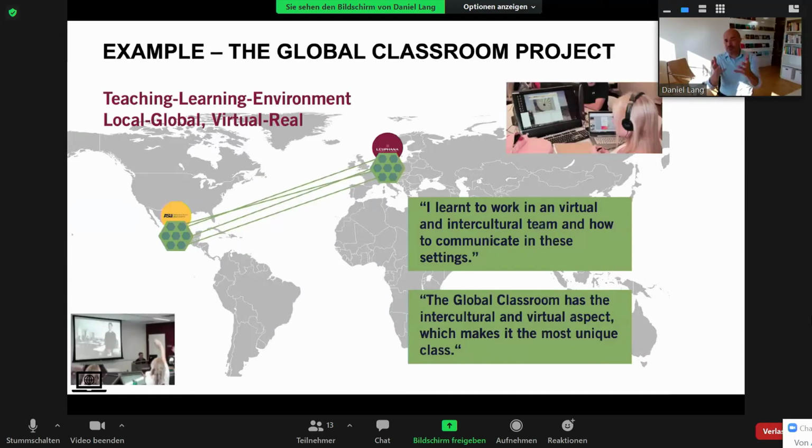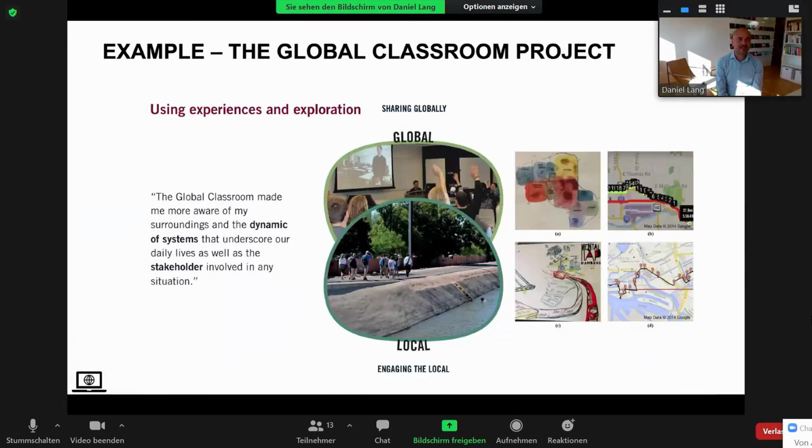And what we really did was we created this classroom where we had students at ASU, Arizona State University, and students at Leuphana University of Lueneburg. They worked in these two environments, but we had global classroom exchanges on a virtual basis, but then also the students met each other. It was an undergraduate course, and then we transitioned it to an entire master program, where, unfortunately there is not enough time to get deeper into it, the students engaged in local phenomena, really experienced local challenges, and developed projects to develop solution options for these